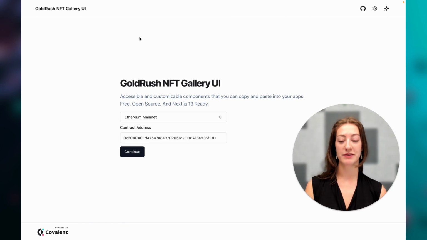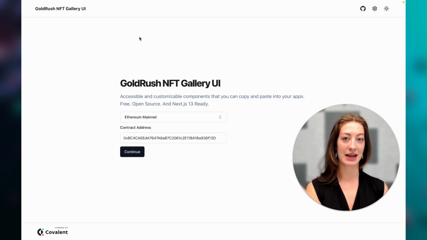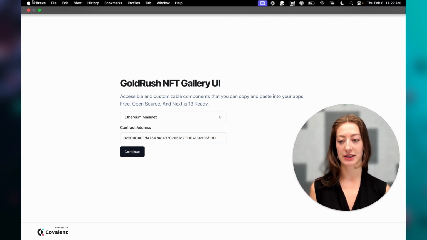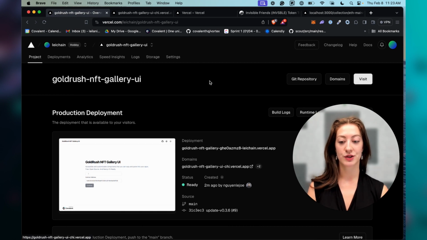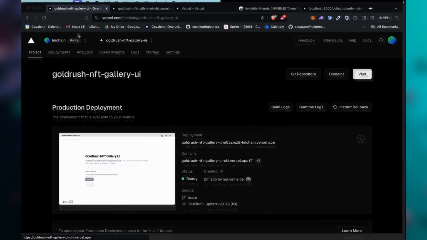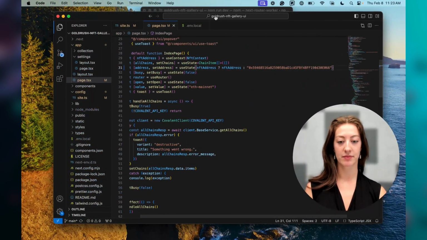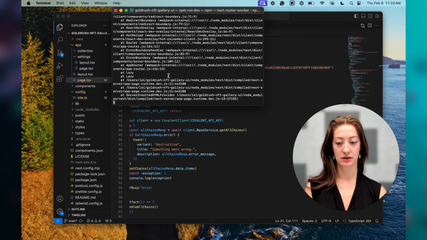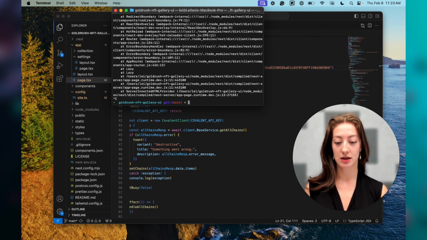So yeah, what we've deployed here is just the basic standard template without my changes to make it Leilani's NFT gallery, and without my change of the contract address. So let's just go back to Vercel, and then let's go back to my terminal. I'm going to do Control C. I'm back in my directory, and now I'm going to